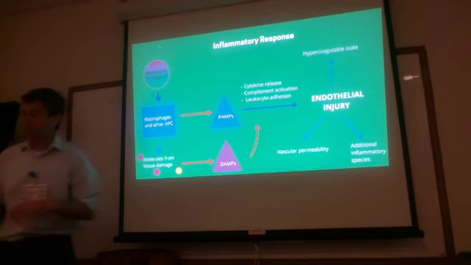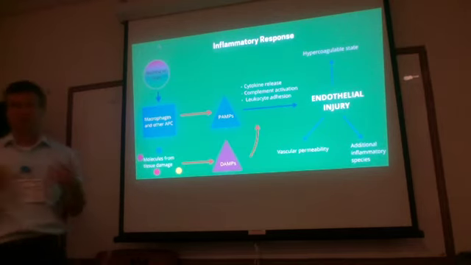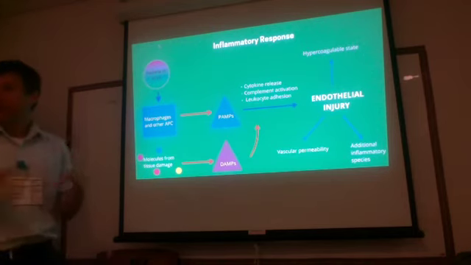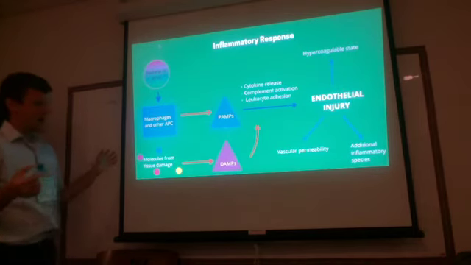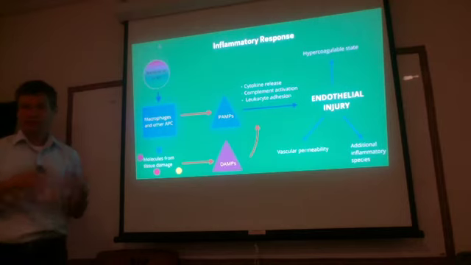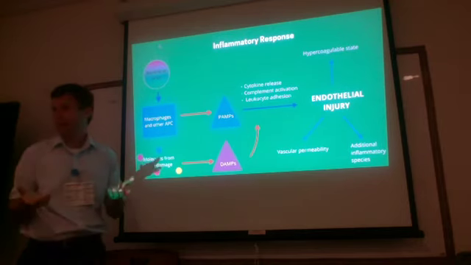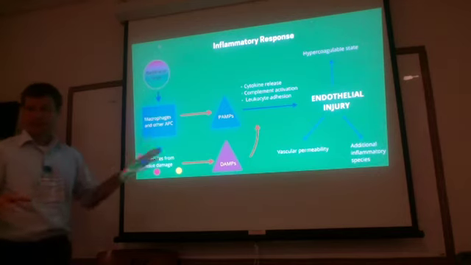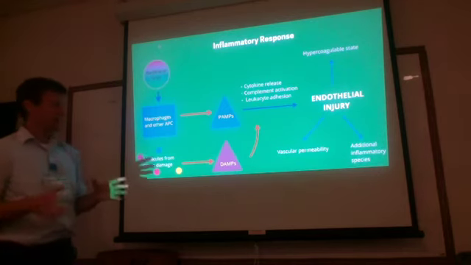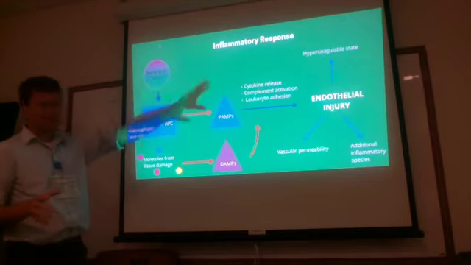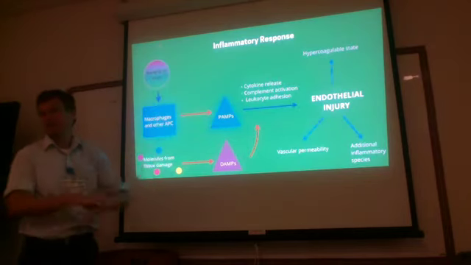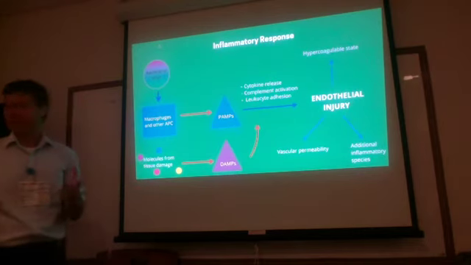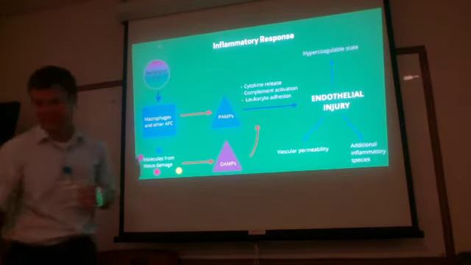So say you get a splinter in there, you get lots of inflammation, it gets red, your body walls it off so no infection can spread or anything like that. And then as soon as you take the splinter out, within a few hours, the redness goes away and you don't have any pain or any swelling. And so your body generally does this all the time and it's fine. In sepsis, what happens is this endothelial injury gets out of hand. So it's occurring everywhere. And so if you're walling off all areas or all tissues, then you're going to get pretty sick.